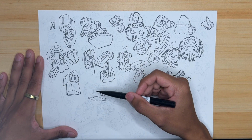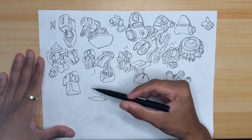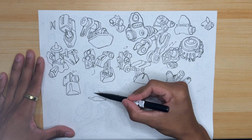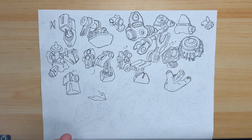Let's see. Yeah, drawing is thinking. There's an insane amount of cognitive effort going into what I'm doing right now, and it's very difficult, and that's a good thing. You want things to be difficult. If they're not difficult, then you're not really learning, and that's it. If it isn't difficult,